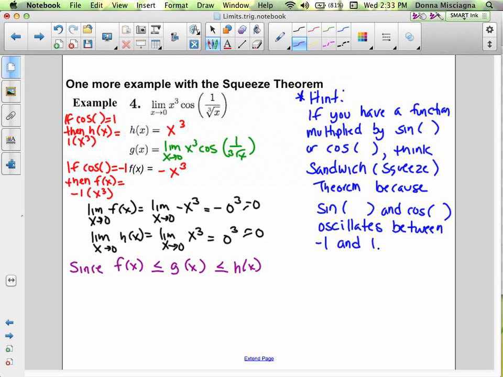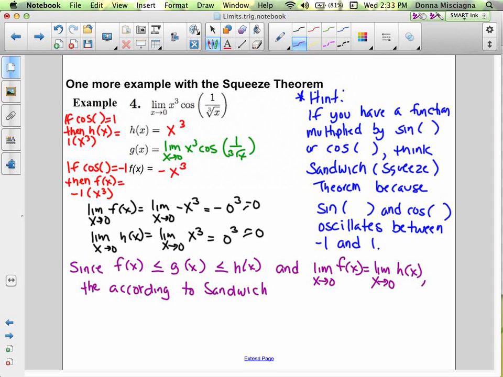So since that is true, and the limit as x approaches 0 of f of x equals the limit as x approaches 0 of h of x, then, and don't forget to reference this. Right? It doesn't matter whether you call it sandwich or squeeze theorem, but make sure you reference it. So according to sandwich theorem,